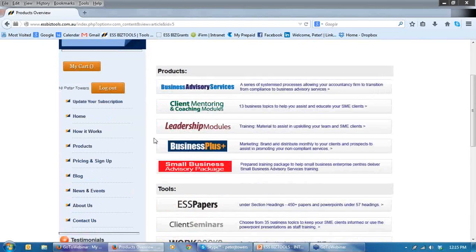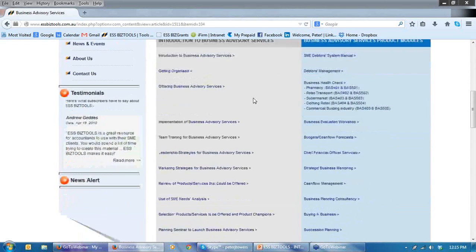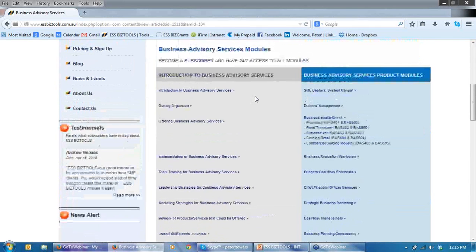There's the products that I've referred to earlier. We had the chart. If we go to Business Advisory Services, the products on the left-hand side are the individual modules within Introduction to Business Advisory Services. These are the modules to